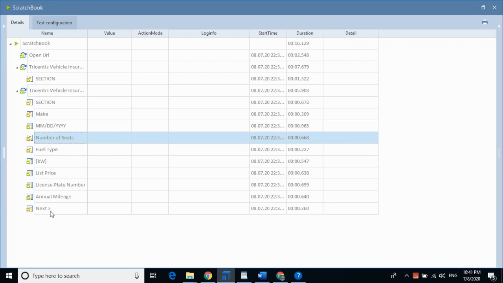So you can see how easy it is to work in Tosca. You can create a number of recorded test cases and run them. It's very easy. For managing all those test cases, we need Test Executor, which is not available in the trial version. But you just need to add all the test cases in an XML file and run that in Tosca executor. The main thing is to create test cases, and you have seen how easy it is to create a test case in Tosca using the recorder tool.